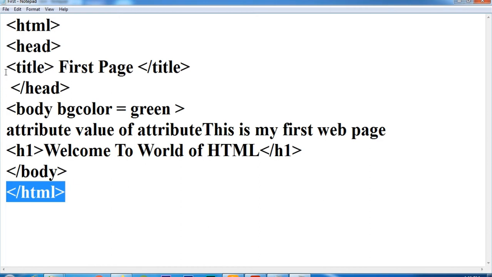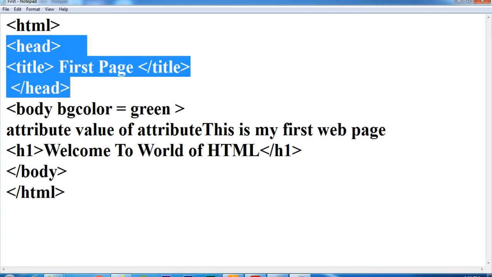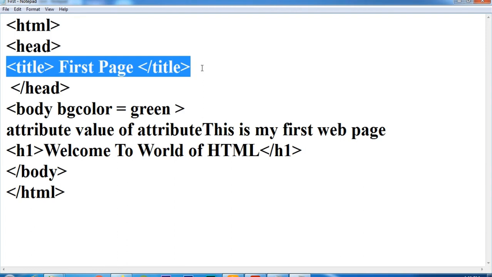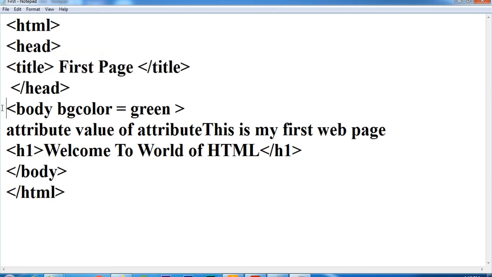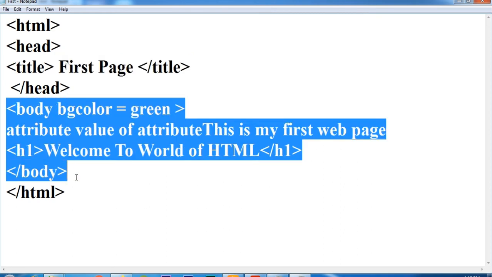So what is body and what is head? Head is the title bar of your web page. When I run it, I will show you by comparing with the program. And body is the content you want to show on the web page.